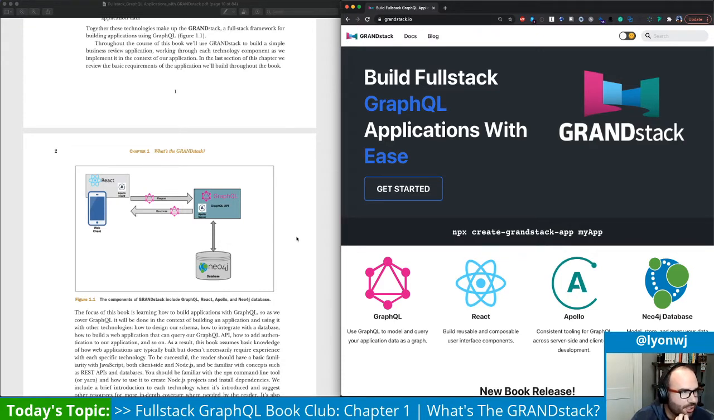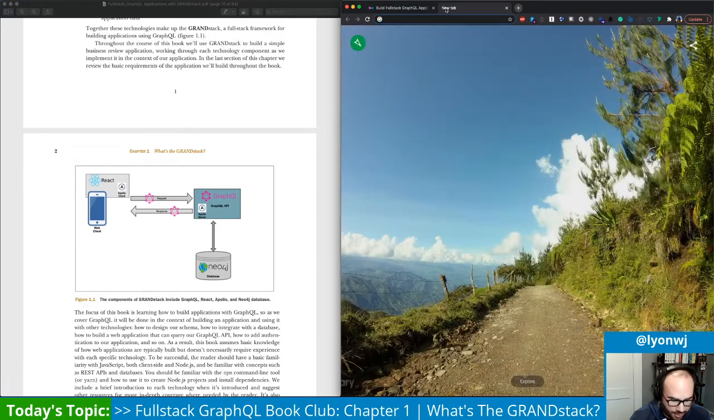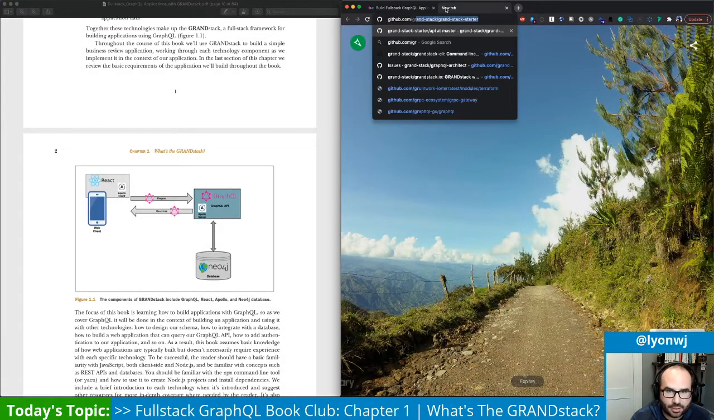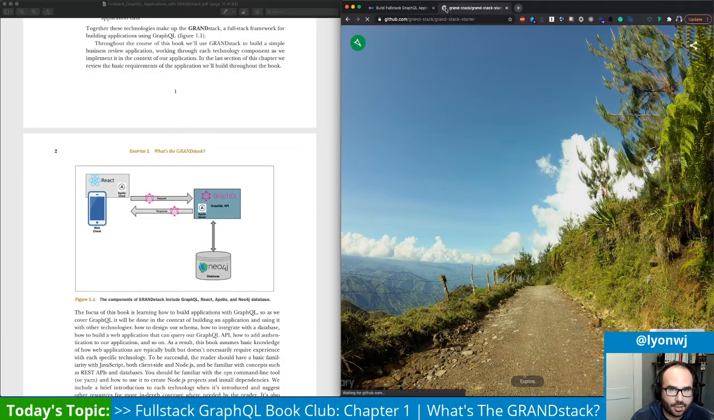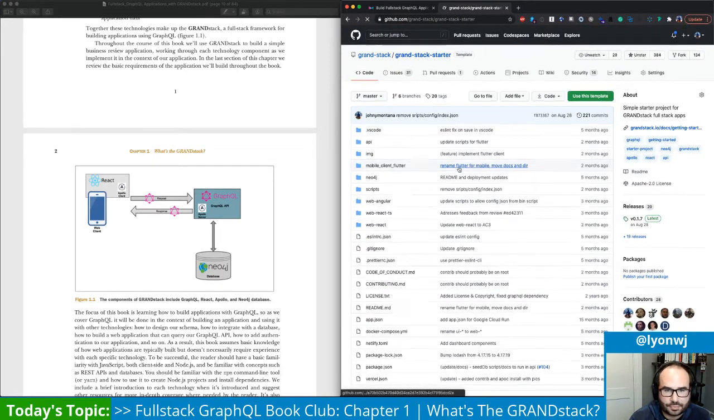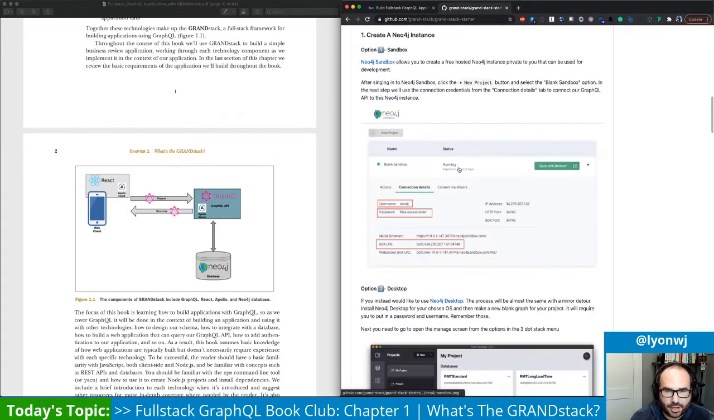Another question, do you plan to include Vue as an option for the GRANDstack starter? Yeah, that's a great question. So the GRANDstack starter project, let's just take a look at that. So the GRANDstack starter,